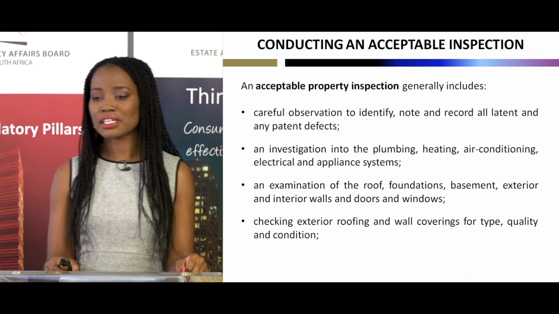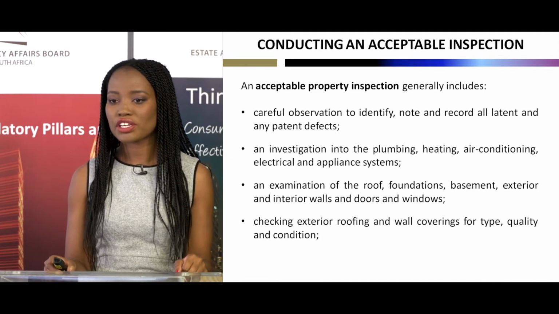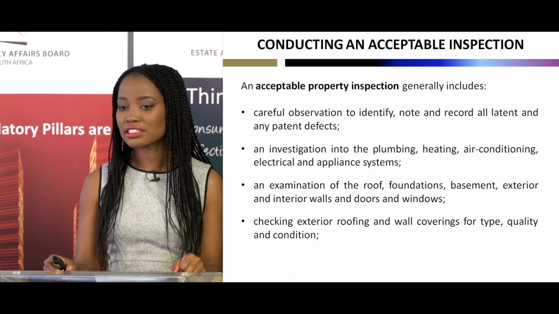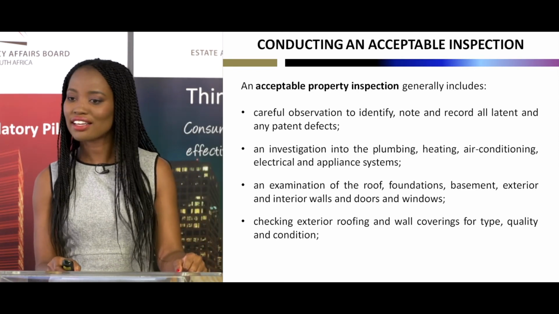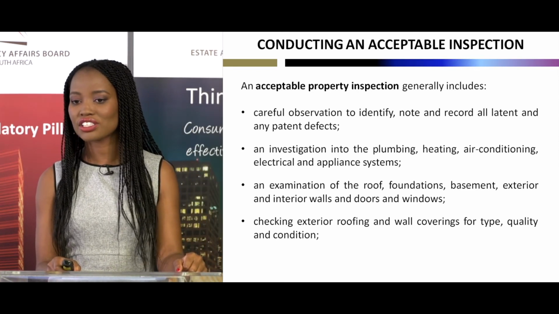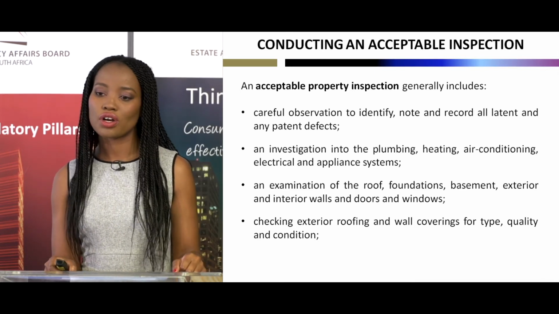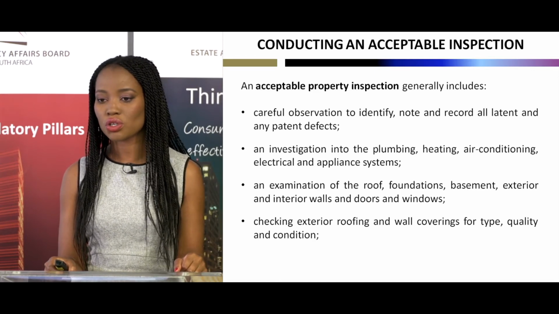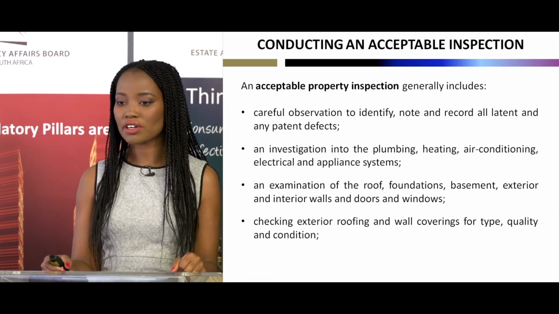An acceptable property inspection generally includes the following: careful observation to identify, note, and record all latent and patent defects in the property, and investigation into the plumbing, heating, air conditioning, electrical, and appliance systems, and examining of the roof, foundations, basements, exterior and interior walls and doors and windows,